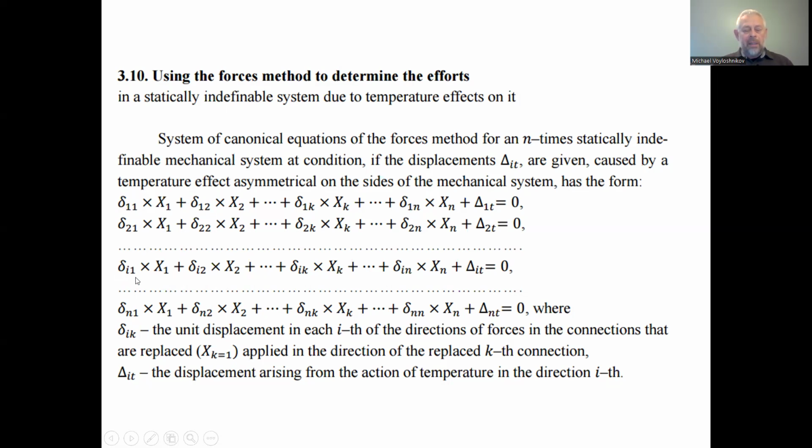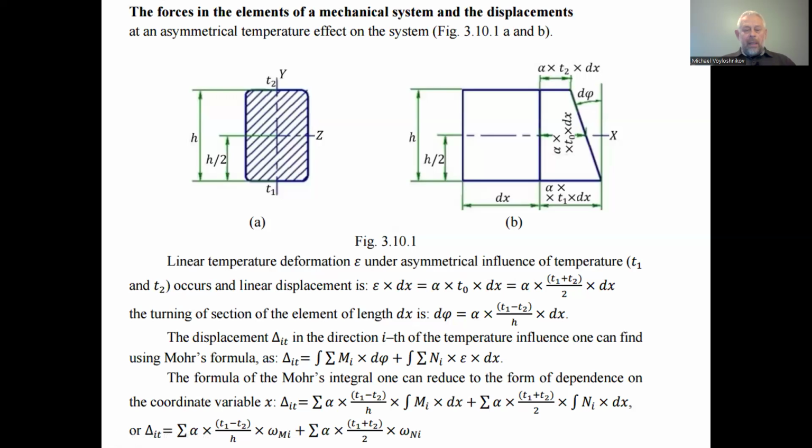The second one indicates the number of the force, the impact of which we have the displacement. We have the displacement in the directions i = 1, 2, etc., up to n. And we have to find first these lowercase delta factors, the set of displacements under the action of the unit forces,